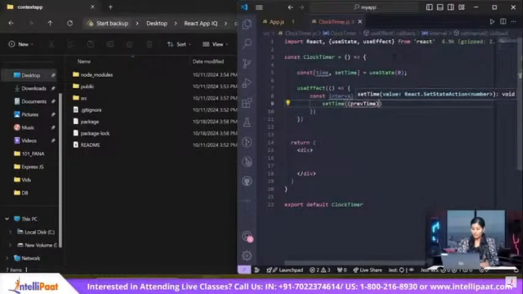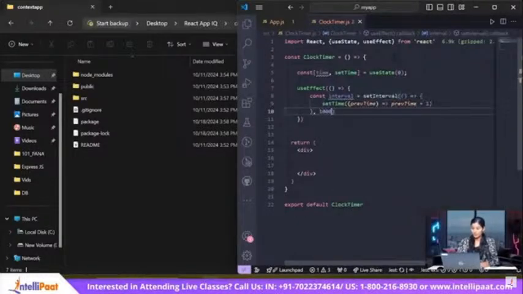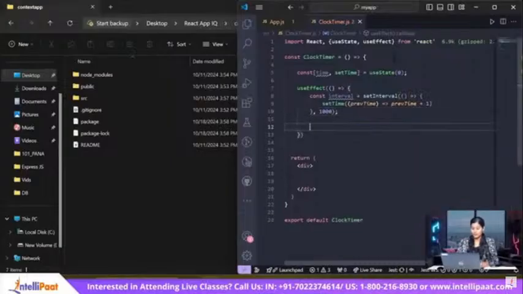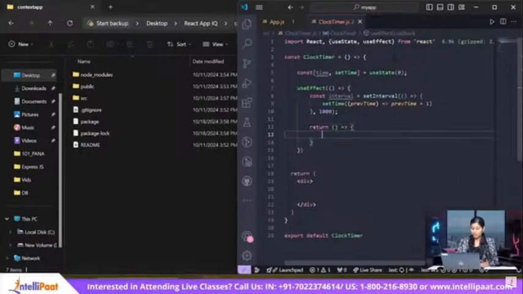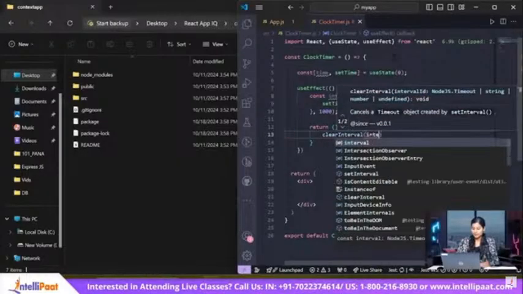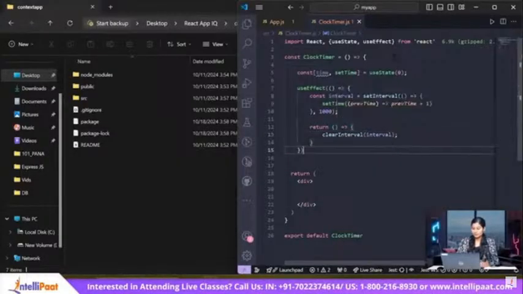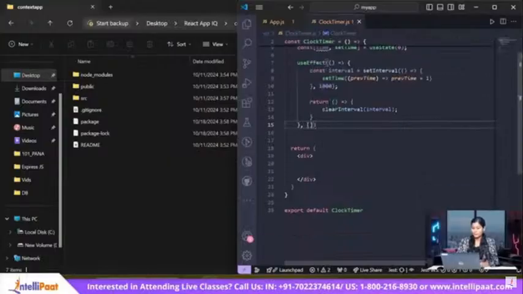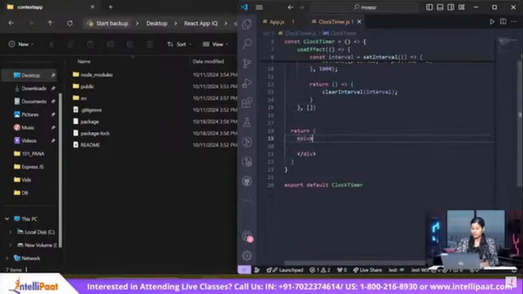The previous time's value will be increased by 1 every 1 second. Then this function is going to return. When it returns, it will clear this interval, and in here,